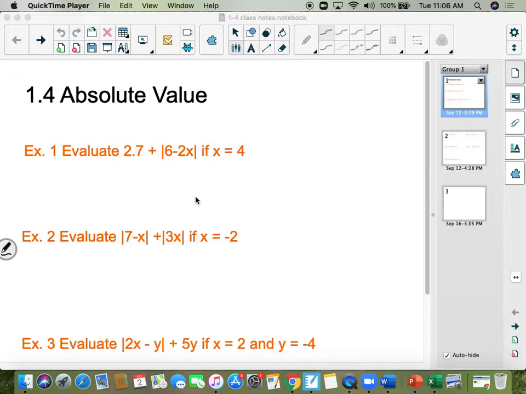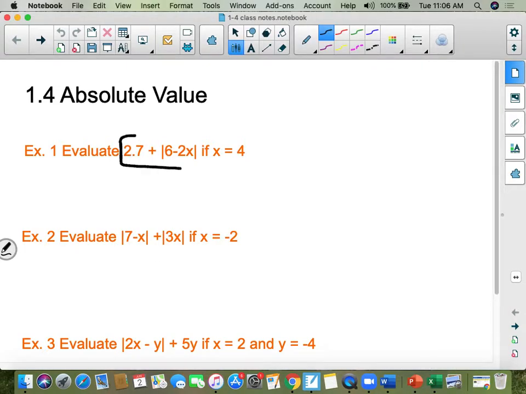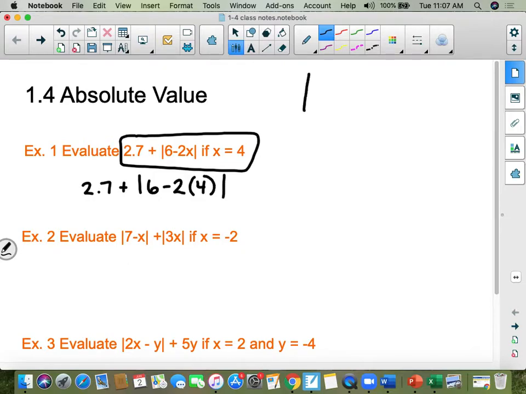All you're going to do is evaluate, and they give you this 2.7 plus 6 minus 2x when x equals 4. All you have to do is, in place of your x, substitute the 4 in for x. I'm hoping you know that the absolute value of 4 is equal to 4, and the absolute value of a negative 4 is also equal to 4. The absolute value